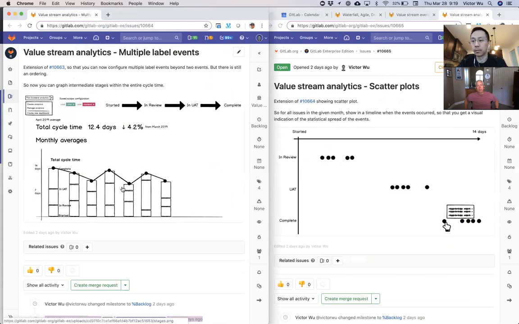It is going to be able to highlight which of those label events is consuming the most amount of time, which one of those is the weakest link. And so rather than listing it as started, in review, UAT, complete in the